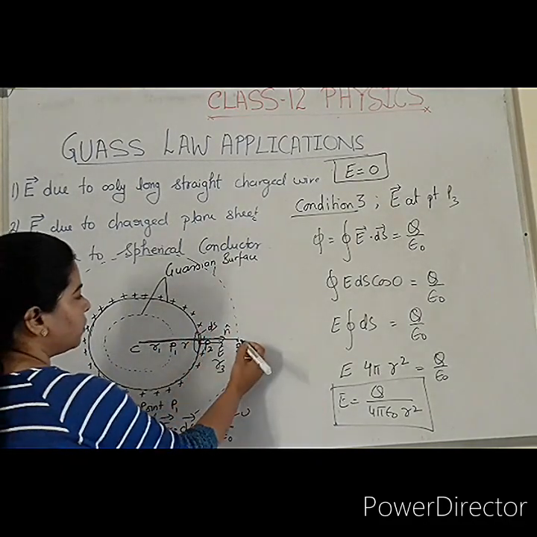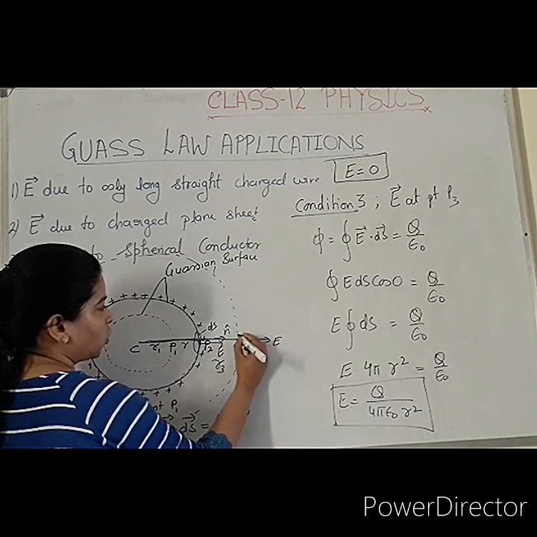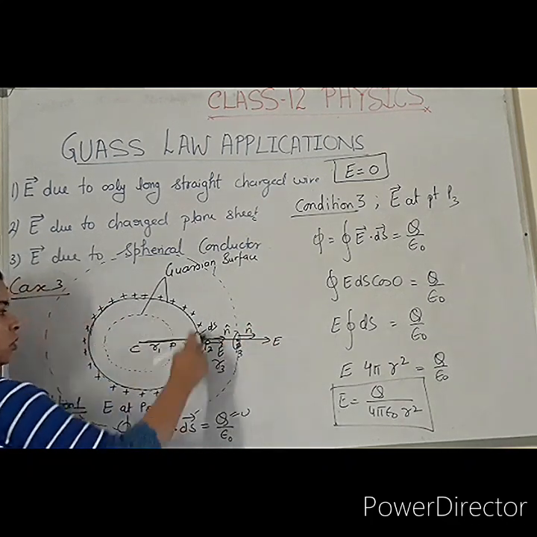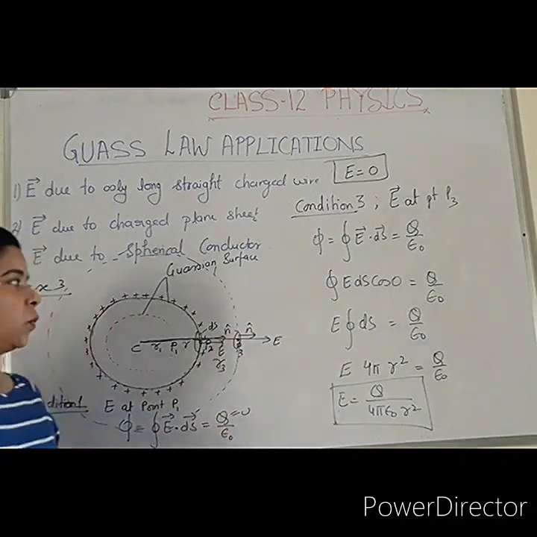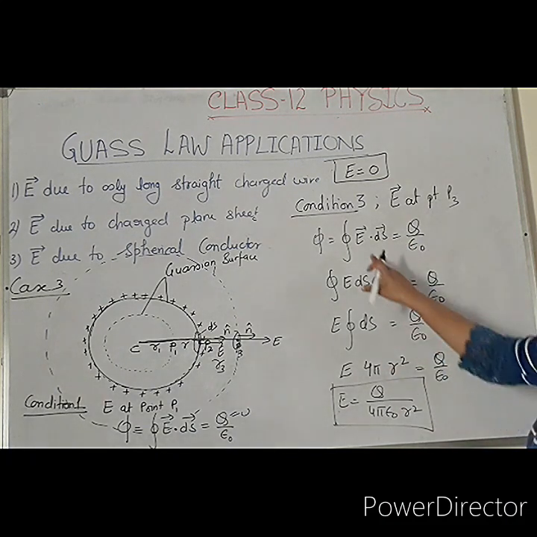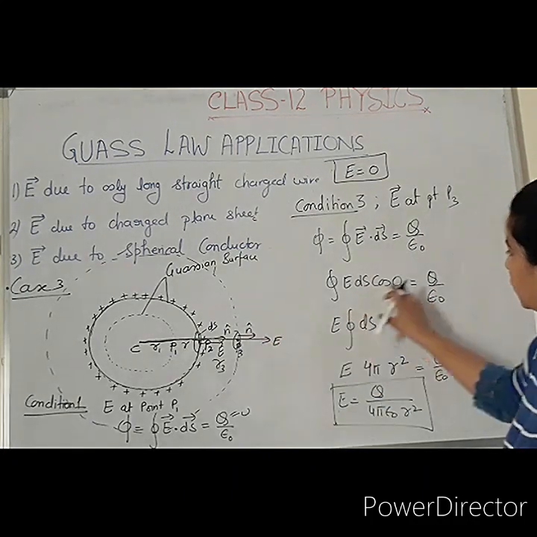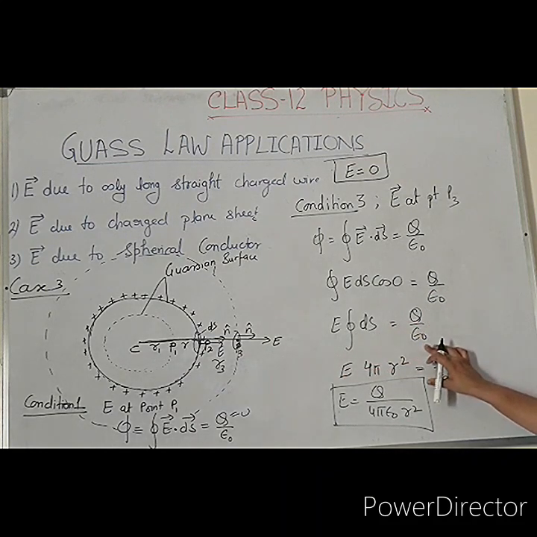So what will happen? First of all, we will calculate the electric field at the point. The direction of the electric field is E, and the normal unit vector over this area vector is N. Again it is outward because all of the charge is positive. So the normal unit area vector is outward and the electric field is outward. So the angle between the two is again 0. Here I am not repeating these steps because they are the same steps; only the value of ds will change. So E dot ds is equal to q by epsilon naught. E ds cos 0, with cos 0 equal to 1, is equal to q by epsilon naught. E closed integral of ds is q by epsilon naught.